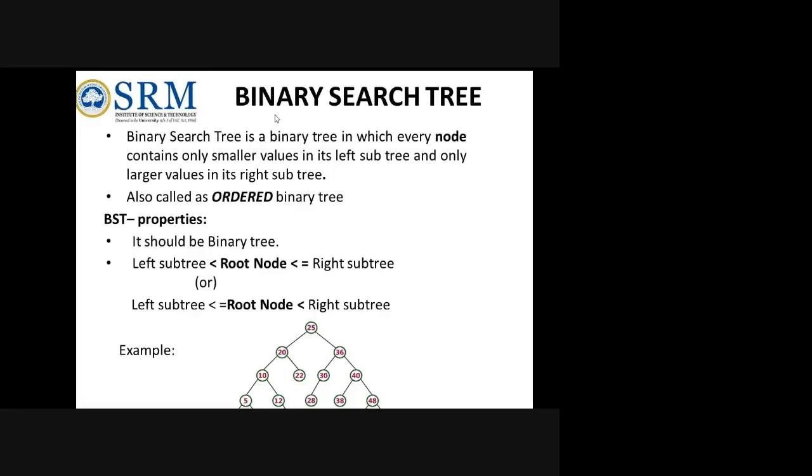The tree will be like a normal one. If you want to create a tree, first you will be giving it like a linked list only. You are creating a node and giving an input called 25. Okay, 25 is here, and this 25 will be acting as your root node.